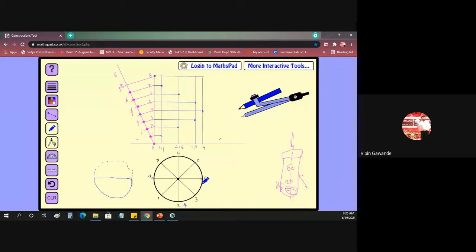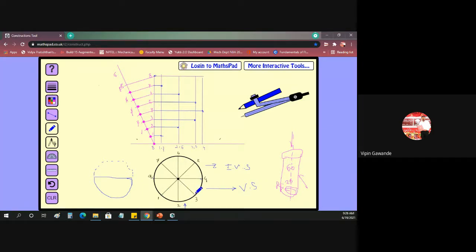1, 2, 3, 4. These points are visible. We call this the visible section. And on the top side, this is called the invisible section, or the hidden part. It is called the hidden part because these points are not visible to us. Only the front side is visible to us.